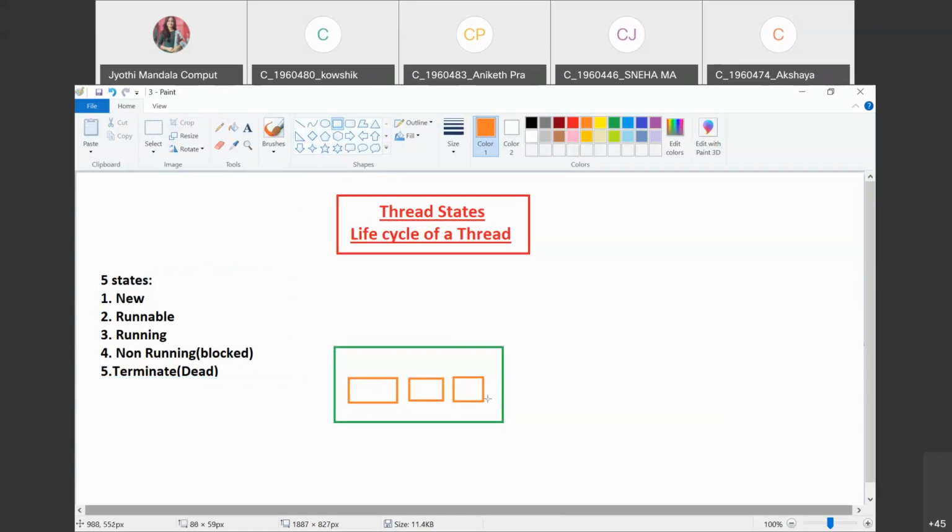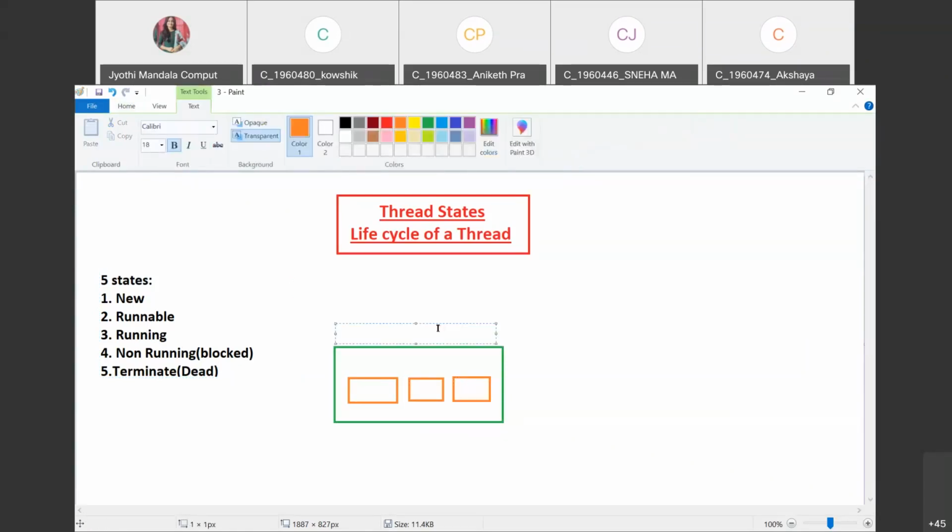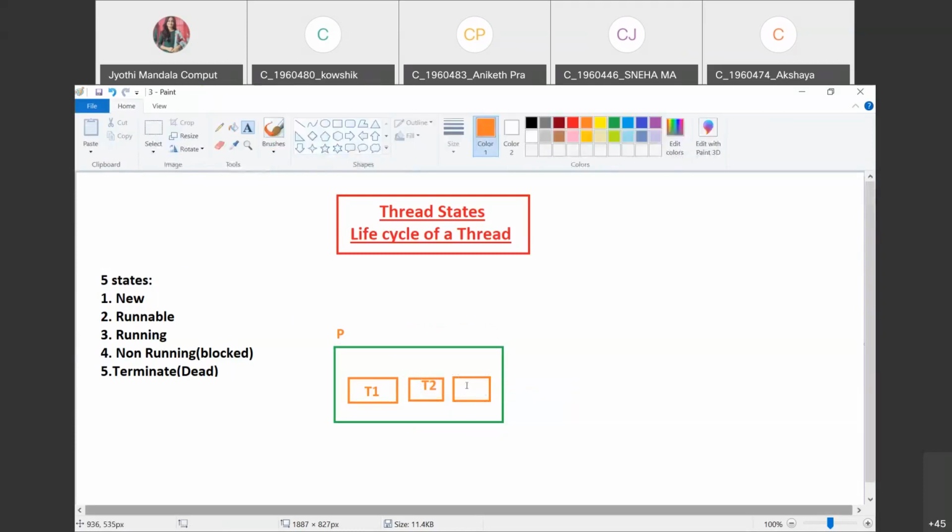So this is totally one process, let us call it process P. In this process you have one thread called T1 and another thread called T2, and this is the other thread, which is called T3.